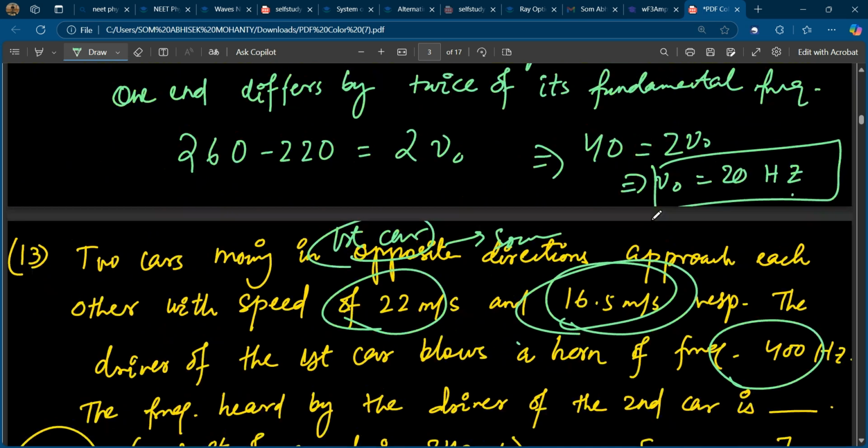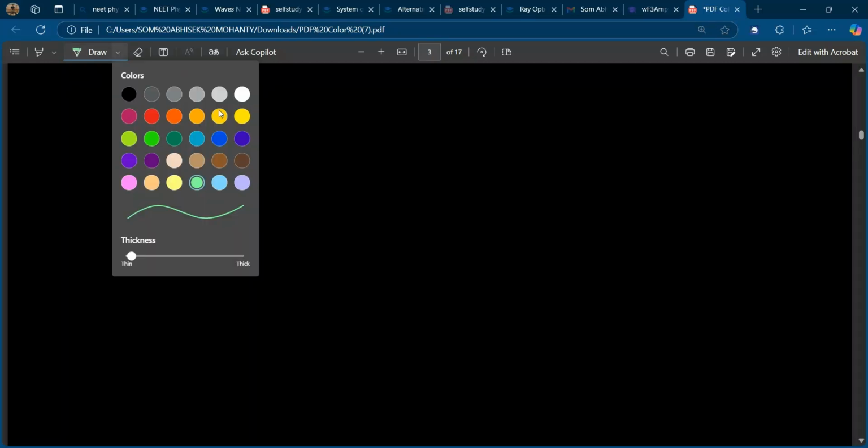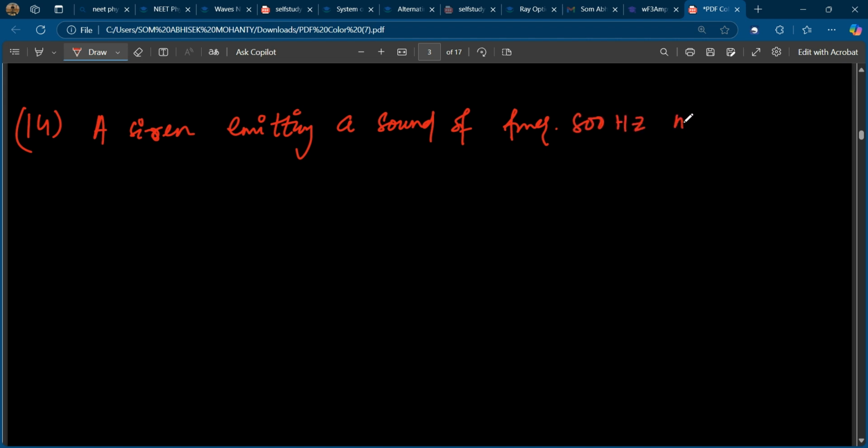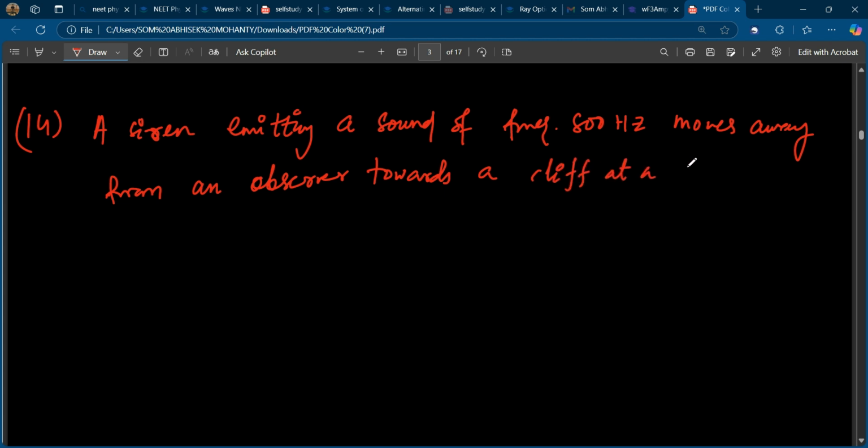Okay. Next, question number 14. A siren emitting a sound of frequency 800 hertz moves away from an observer towards a cliff at a speed of 15 meter per second. Okay, then